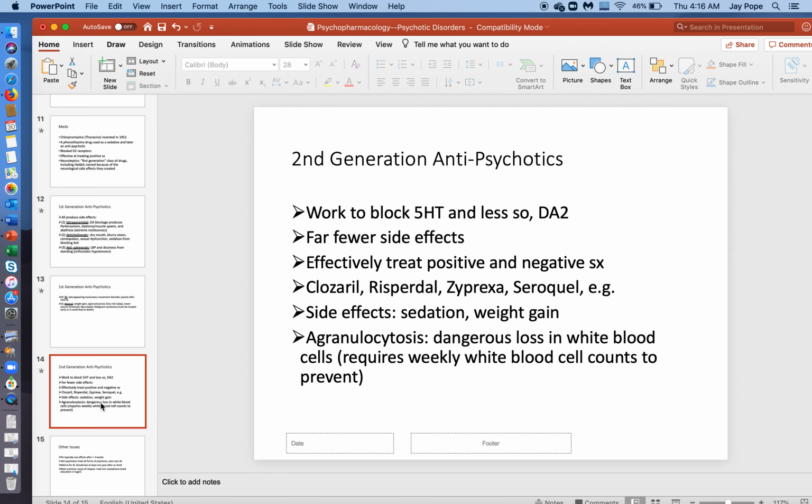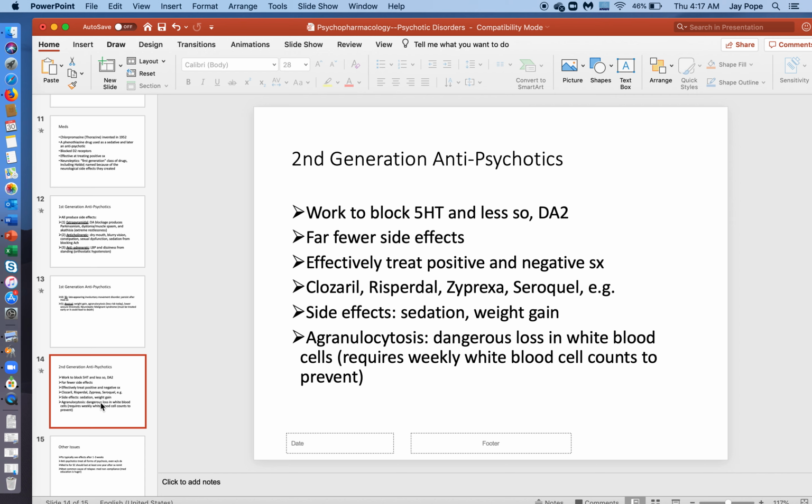All right, now the second generation antipsychotic drugs, also called the atypical antipsychotics, as opposed to the conventional neuroleptic drugs. These are drugs that work to block serotonin and less so dopamine. You might say, what in the world? Why would we want to block serotonin? That's the drug that's so good at regulating other neurotransmitters. Well, remember, serotonin doesn't do just one thing. Like everything else in the body, there are several roles that are played by several chemicals. And for some people, too much serotonin is associated with psychosis.